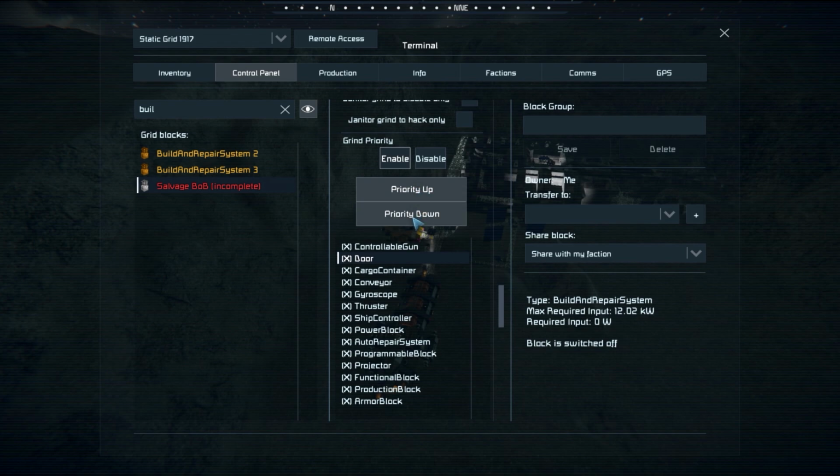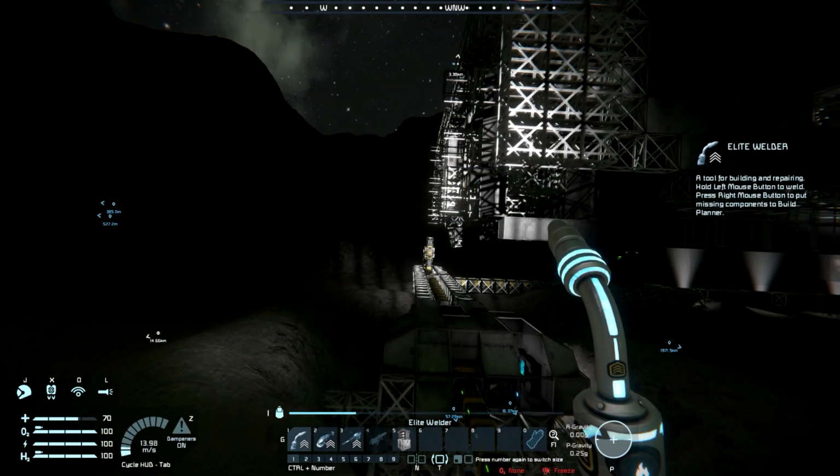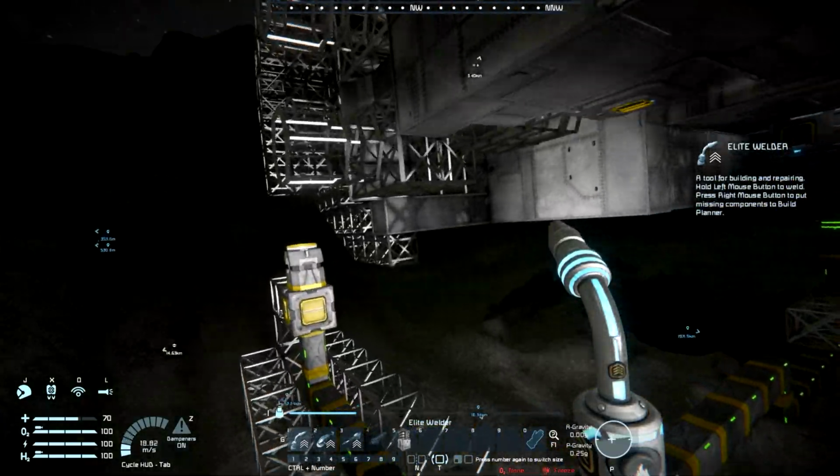Okay. So basically it's going to take the guns first, then the doors, cargo container, conveyors, gyros, thrusters, ship controllers, and then the reactors. That's it. That's the word I was trying to remember. And then basically everything else. Armor will be the absolute last thing it takes. Alright, so since it's got that, what we'll do is we'll go ahead and